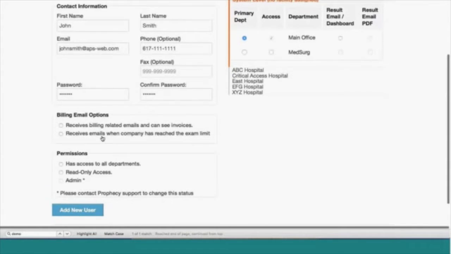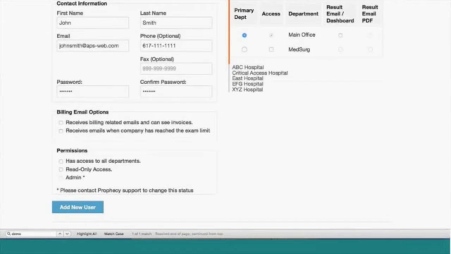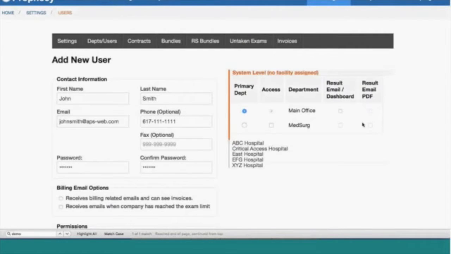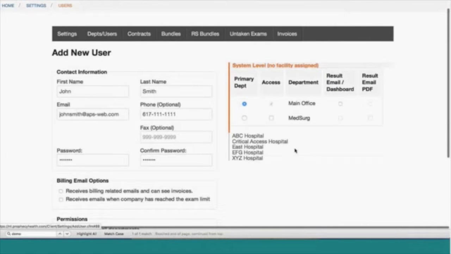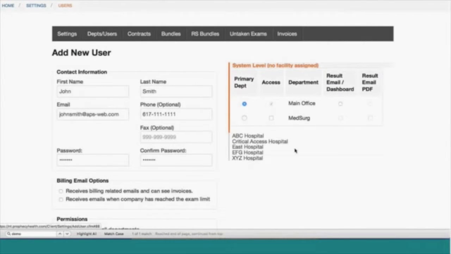Underneath the contact information are the billing email options. If this particular user needs to get emails when there are invoices that are sent out, or when they need to manage whether or not your assessment limit has been reached, you have the ability to checkbox and give those email options. On the right-hand side, you're going to have the ability to set what is the primary department